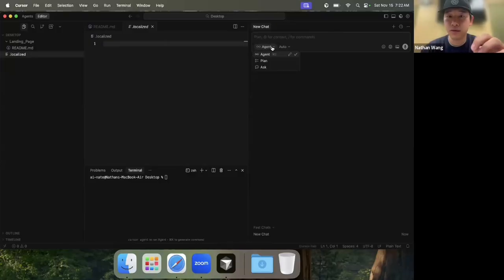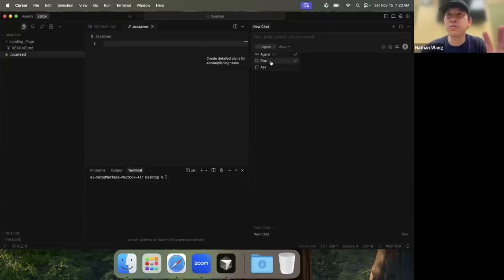Agent mode allows Cursor to change any file or execute code once you do the AI coding. Plan mode means Cursor can only plan based on your instruction. It generates the plan for you to review, and once you have approved the plan, it starts to execute, right? For the initial design, what I usually do is start with the plan,